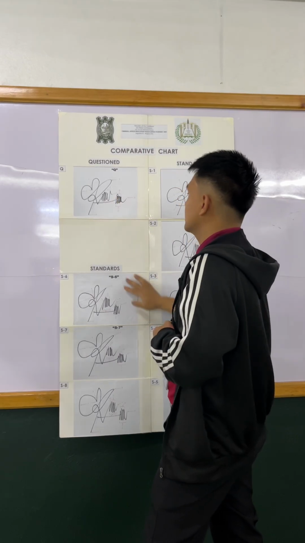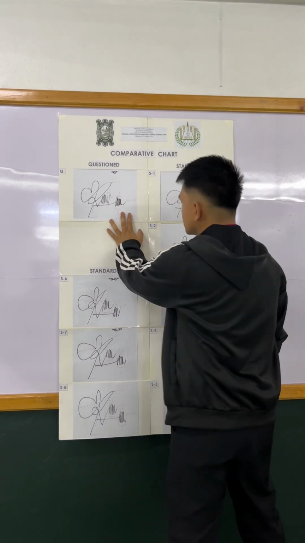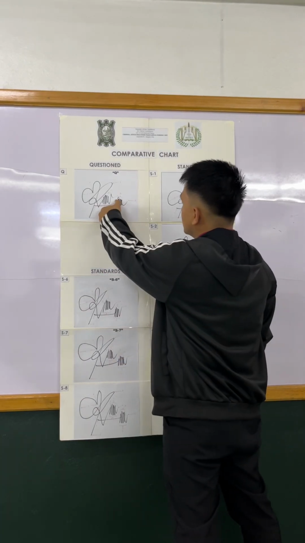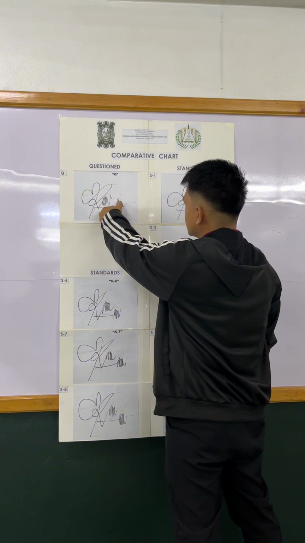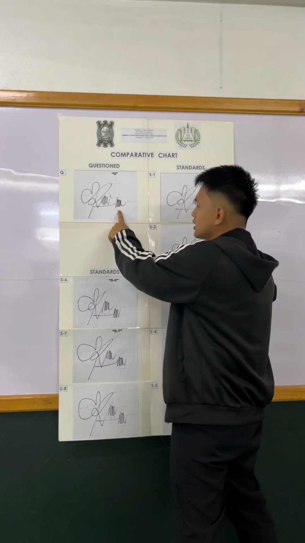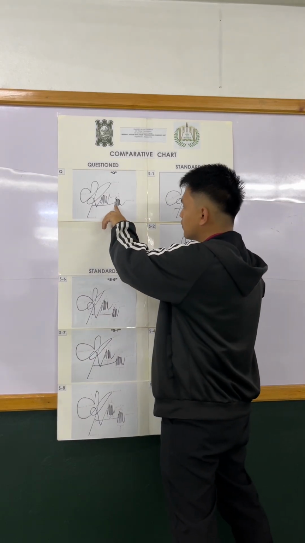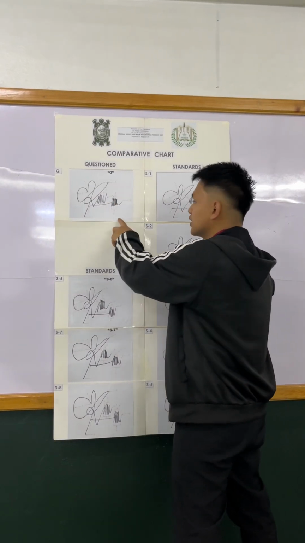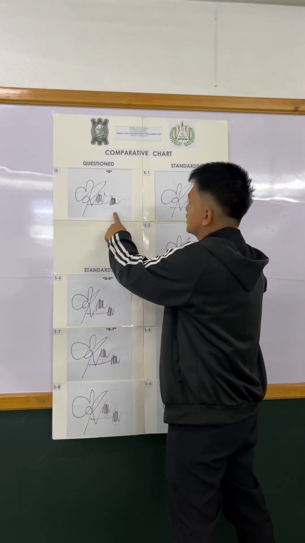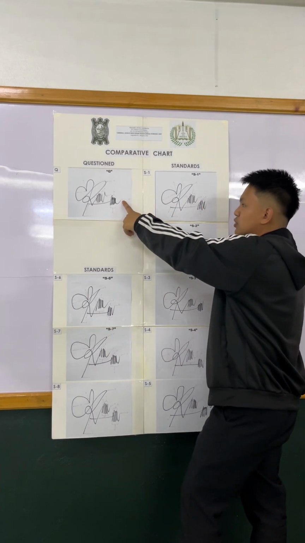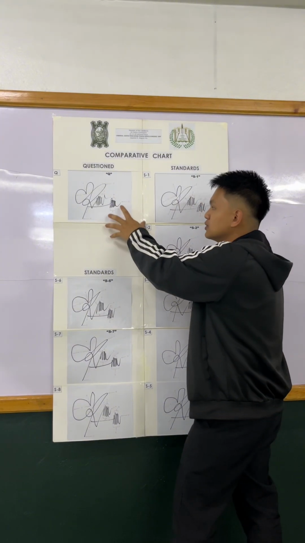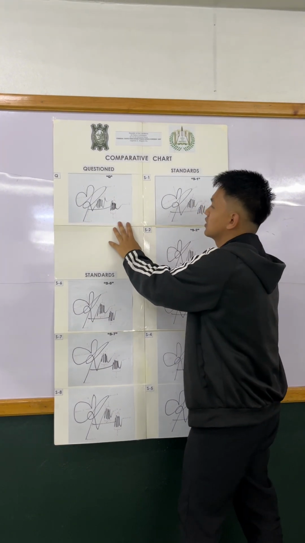Next is the last part of the writing here. So number 10 pertains again to the shoulder. So let us count. 1, 2, 3, 4, 5, 6, 7. So there are 7 shoulders. And as to the feet of the signature, 1, 2, 3, 4, 5, 6, 7, 8. So there are 8 total feet. Next is the terminal stroke. So the terminal stroke of the full signature ends with a diminishing stroke.